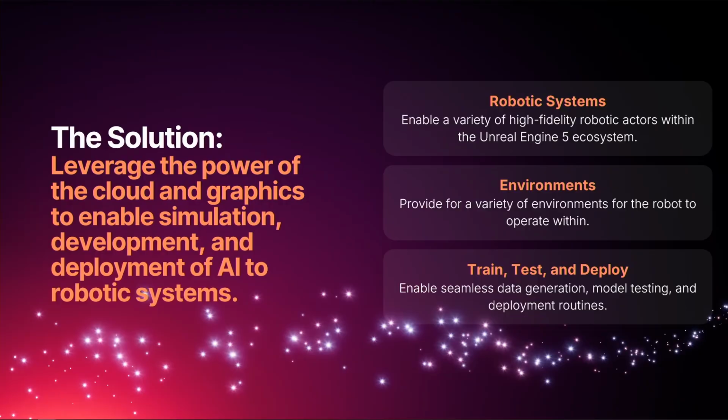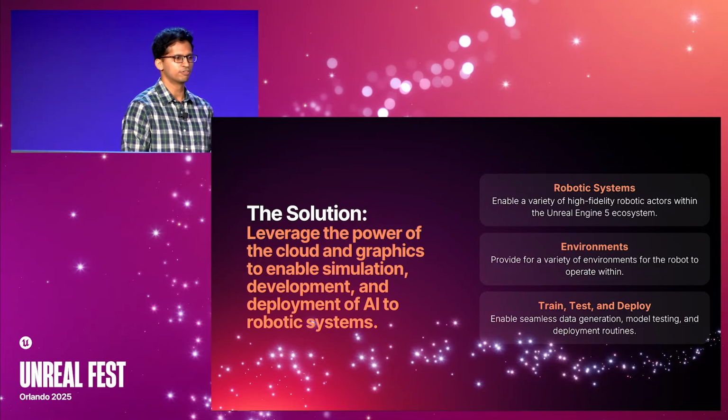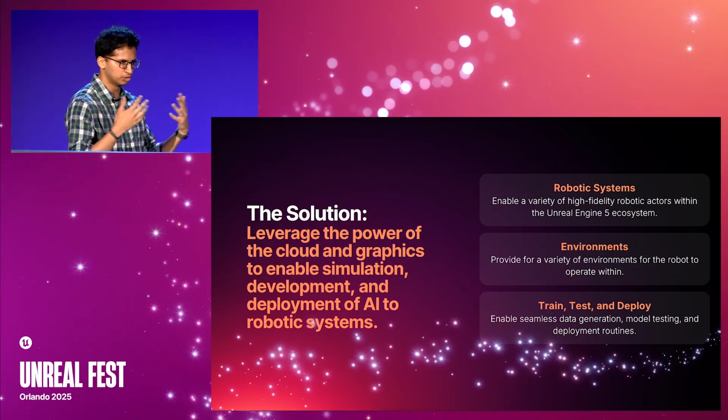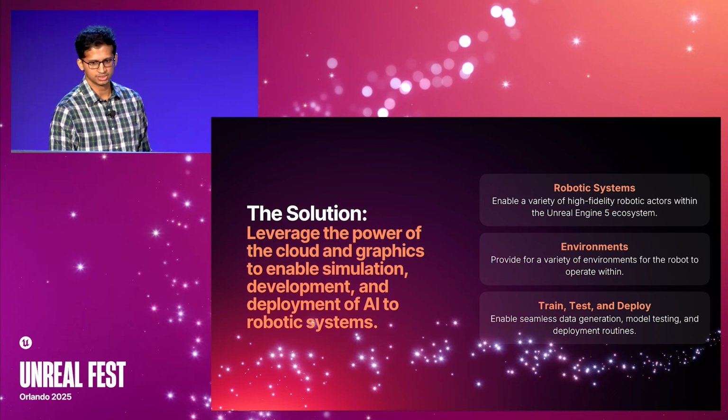So we believe the solution really is, okay, how do you leverage the power of graphics, of course, to enable simulation and to bring all the goodness of the gaming world into the robotic context, so robots can now operate in these living, breathing environments, but also partly, how do you leverage the power of the cloud? Because at the end of the day, you need to train these models at scale, right? So you need these robots to experience 100x the scale of real time to learn these behaviors faster. Which means likely parallelization, and that involves obviously multiple resources, probably spinning up on the cloud, training these models, testing these models at scale, and so on.